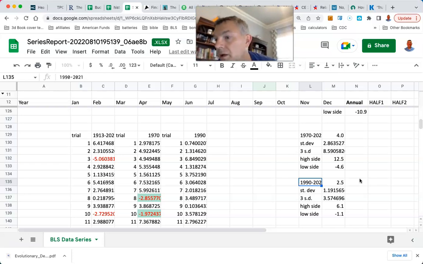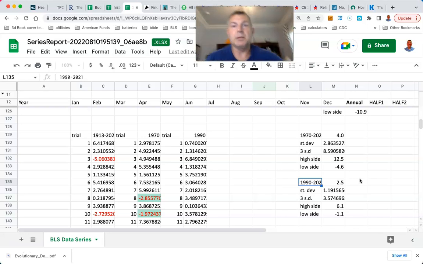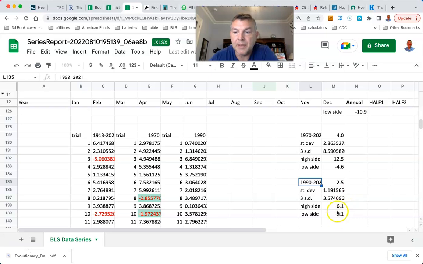So to use a 2.5% inflation would be silly because in 2022 we had a significantly higher than 2.5. It doesn't make sense. In fact, we burned through well beyond the third standard deviation for the last 31 years, frankly. So 99.8% of the time, we should have a high inflation of no more than 6.1. We've had 9.1 in 2022. That's nuts. I don't even know what that standard deviation is relative to, fifth, sixth? I have no idea. Anyway, I thought it'd be neat to look at 1990 on.